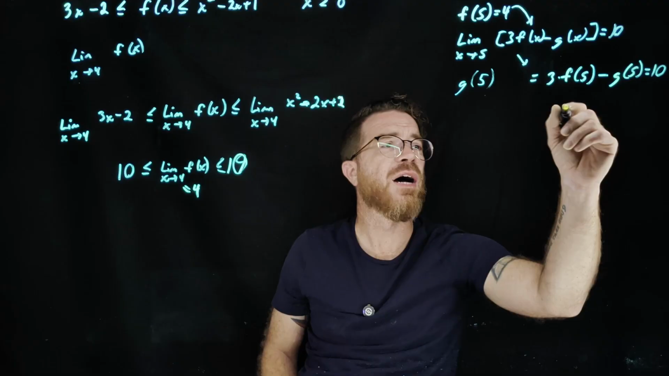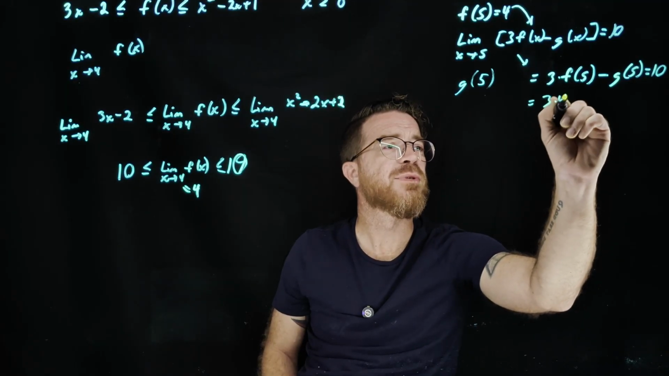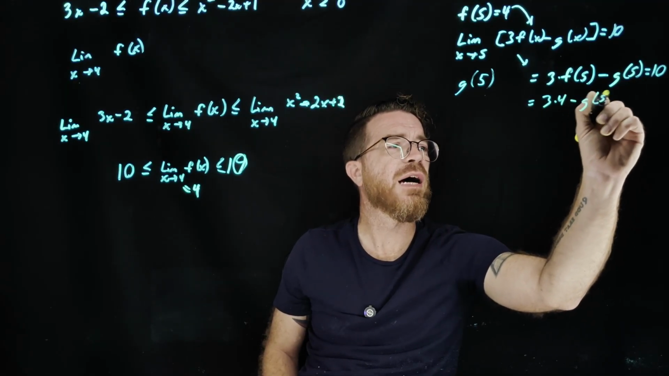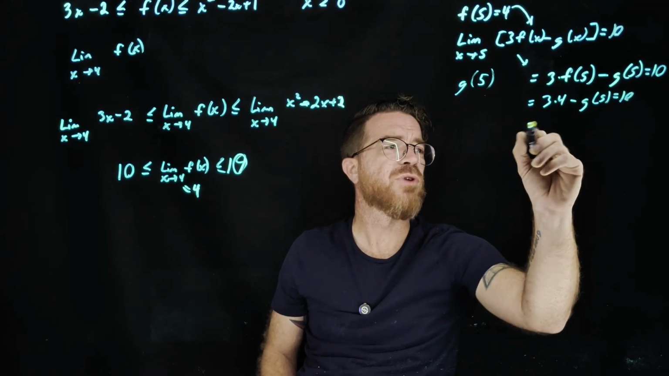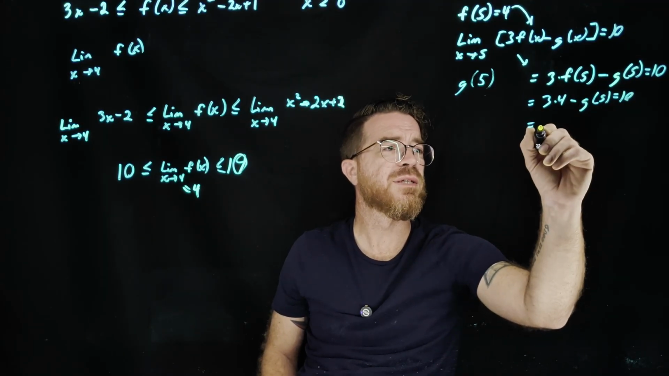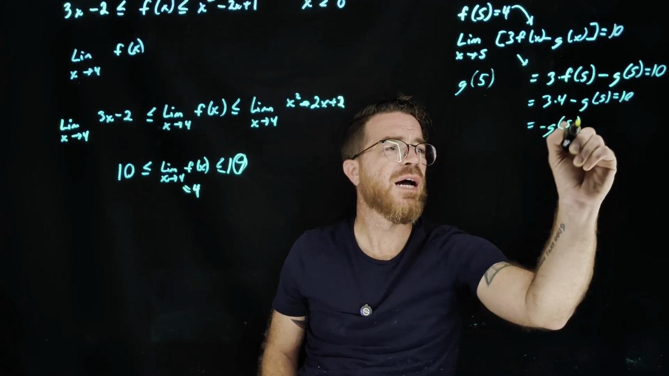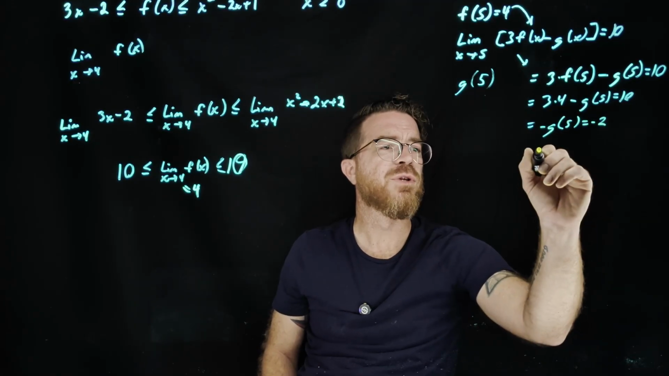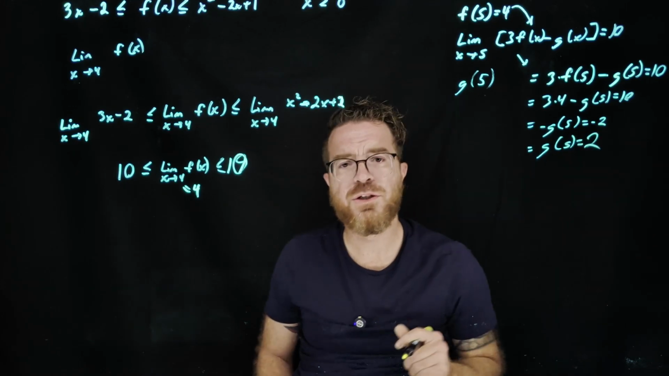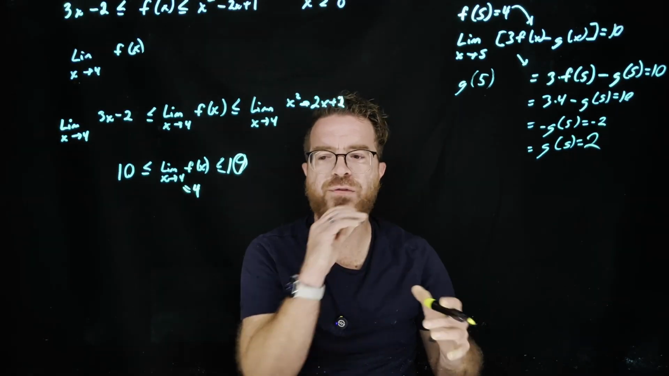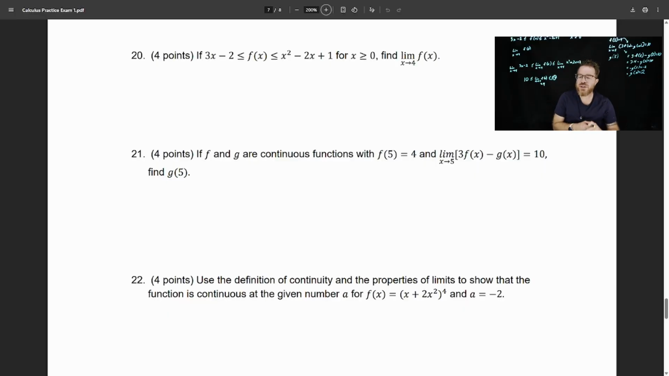So we plug in our f of 5, and this is going to be 3 times 4 minus g of 5 is equal to 10. 3 times 4 is 12, so we subtract that. We have 10 minus 12, so this is going to be minus g of 5 is equal to minus 2, which means that g of 5 is equal to 2. Okay, so the next problem says,